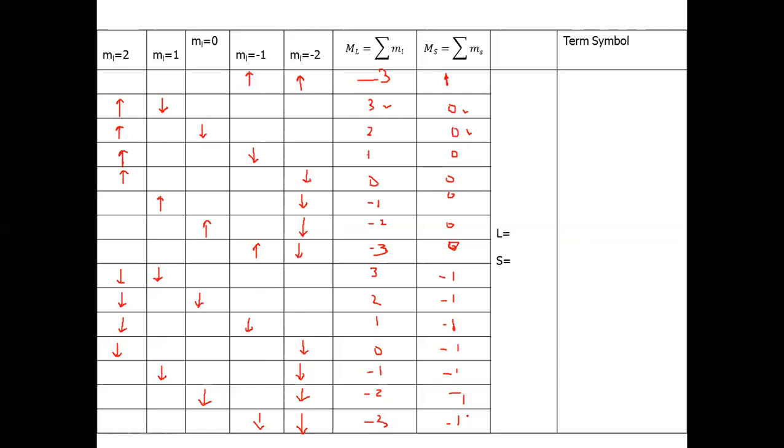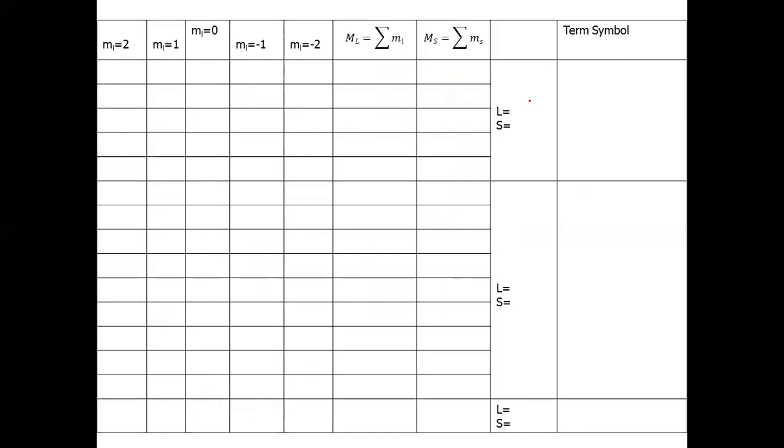So these are the 21 microstates for which L is equal to 3 and S is equal to 1, and we have the term state as, sorry, 3, because S is 1, so 2S plus 1 is 3, 3F. So this state can be assigned to 21 microstates. So next we will have the next value, L is equal to 2. Now S is equal to 0.